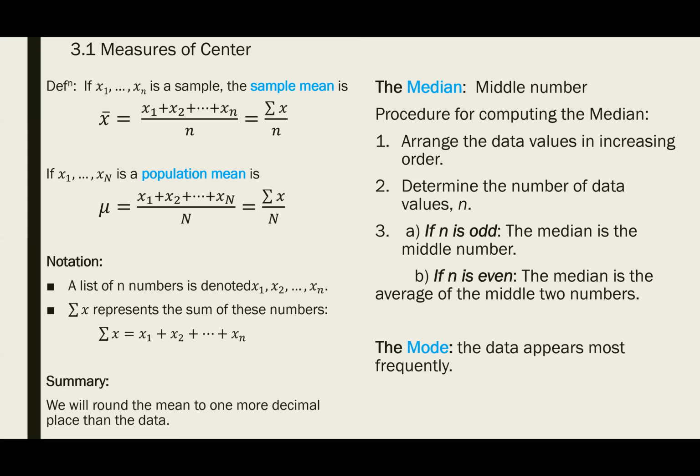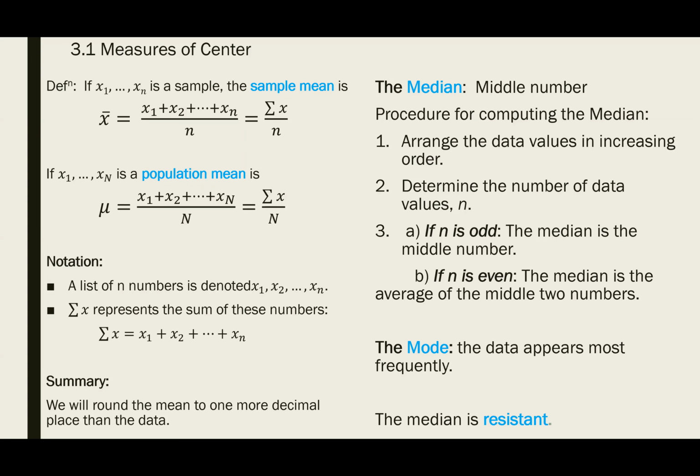So that's your median. There's no calculation unless you have an even number of data, but to calculate it is very easy: take the middle two, add them and divide by 2. And the last thing in terms of the middle or the center of your data is your mode. The mode is the most frequent data, meaning whatever data appears the most frequently will be your mode. So looking at this here, this is what we have in terms of the mode. You don't need to calculate, you just look at your data and ask yourself what data appears